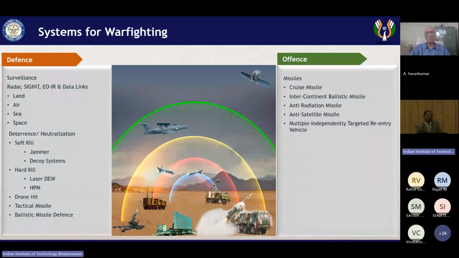What is an anti-satellite missile? You all have heard about Mission Shakti, ASAT, in 2019, when an Indian-made missile destroyed its own satellite to show its power that India can attack in space. And that was the first attempt to be the first country in the world to intercept its own satellite through its own made missile systems. That's the kind of power India has.